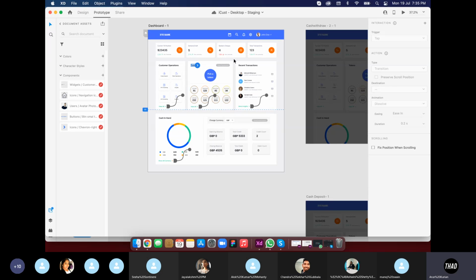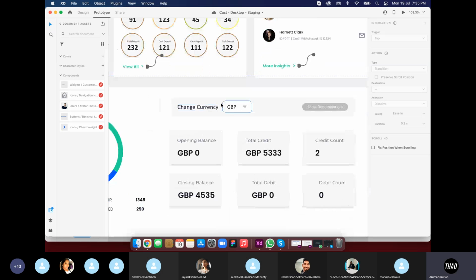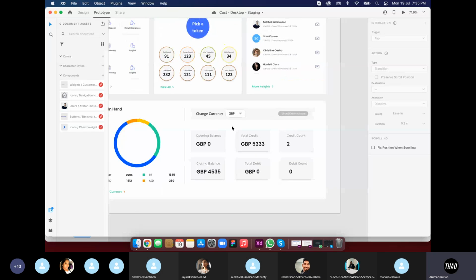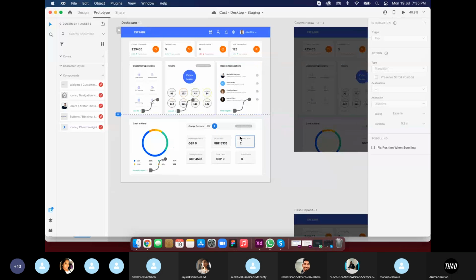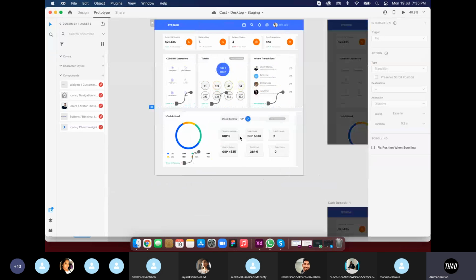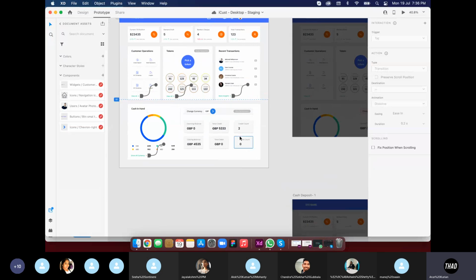Let me tell you with an example. Here we have this change currency drop down. When I click on this, I'll display a drop down with multiple values. And when I click on something, I'll actually take you to a new page where that particular thing is selected, where the drop down is visible with the values. I thought we could have drop down values here. No, that is not possible. It is not as powerful as Flutter or something, but it is just useful for design. That's it.